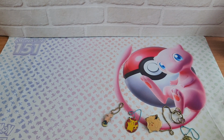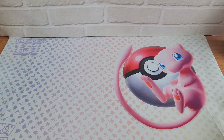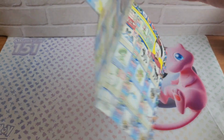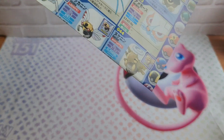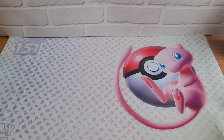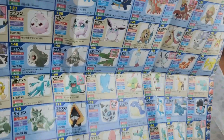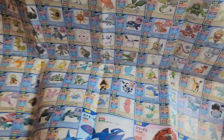Moving on to the next thing. This next one, I'm not entirely sure I'm going to be able to show you it properly, but it is a vintage poster, and this thing is massive. Let me try and open it up as much as I can, and hopefully I won't damage it as well. Hold on, we'll get there, there we go. Boom, there's the bottom of it, and I'm not going to be able to show you this very well, unfortunately,